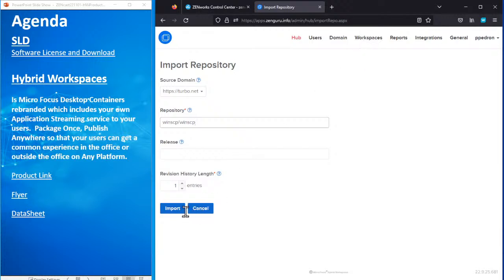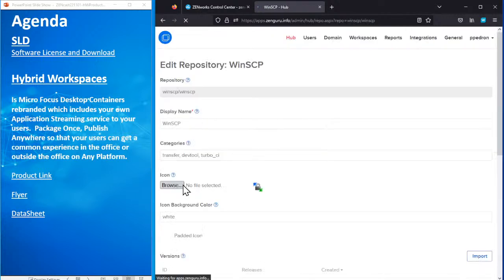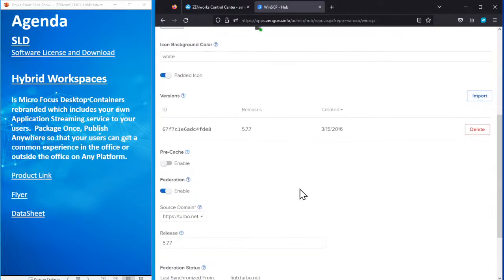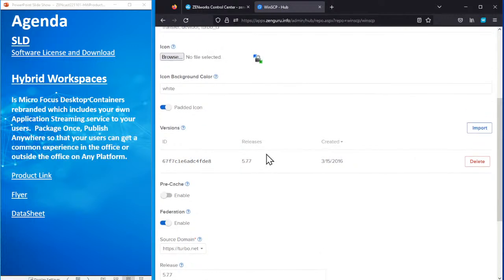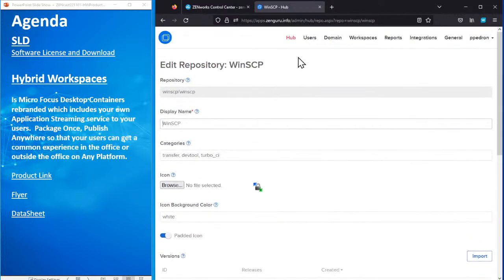But I don't have the client on this box. But you can import, and it'll go out and check to see what you have. Now you can do different revisions too. So again, you can select this is the latest, unless you specify other. This is the latest release. It'll download for you, and that's what we already have configured over here under the workspaces